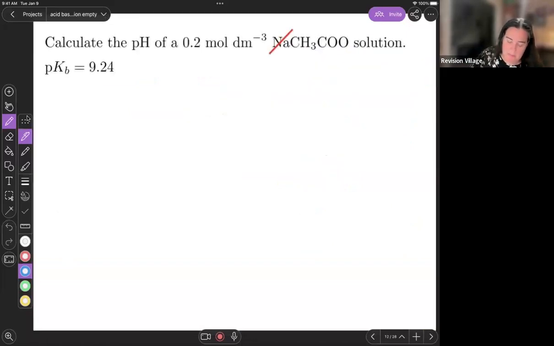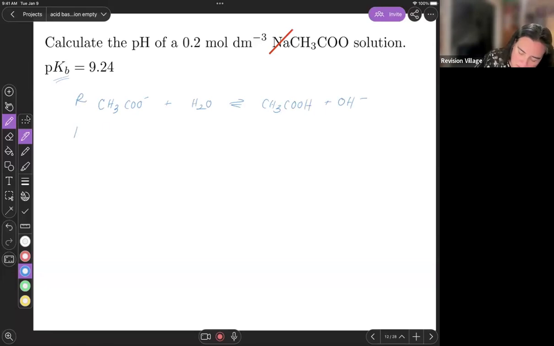So let's finish this problem. We just worked on figuring out the Kb for this, and now this problem should look a whole lot like our weak acid problem. I'm going to write down that the base reacts with water to make its conjugate acid and hydroxide. Initially, the concentration is 0.2. The change is that some of this base is going to steal a proton from water to become the conjugate acid and hydroxide,